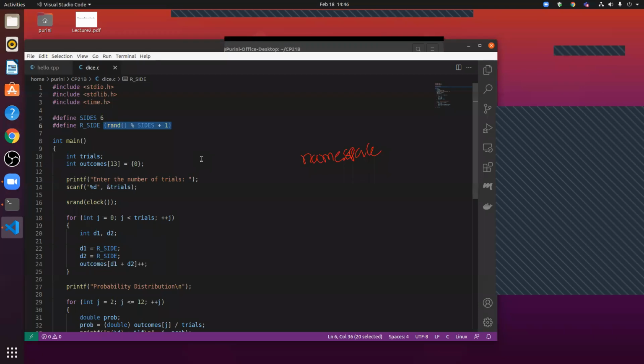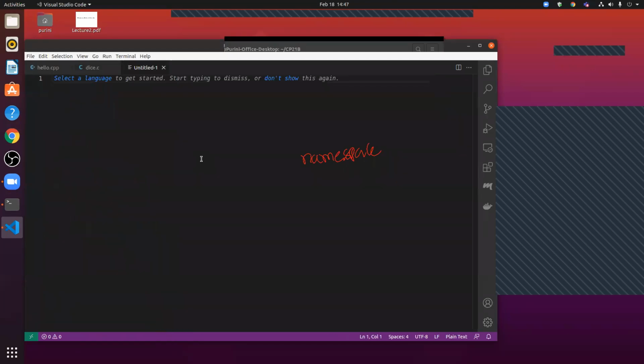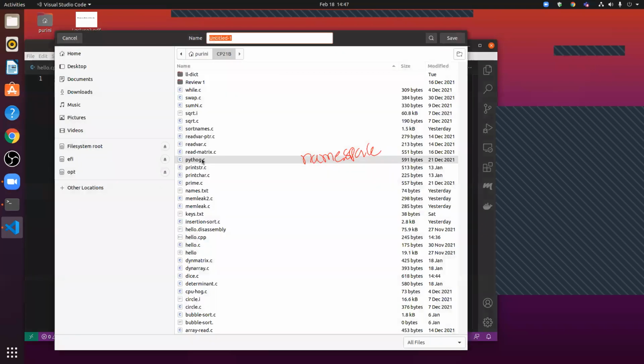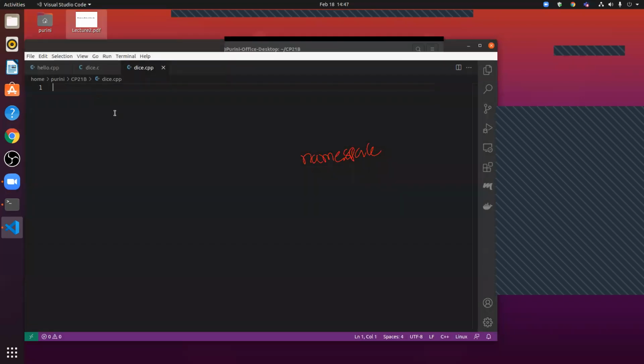So well, the issue is that the macro processor does a simple textual substitution, and because of that the compiler will not be able to do some interesting checks. Okay, so let's try to rewrite the same code in C++ and see where we end up.